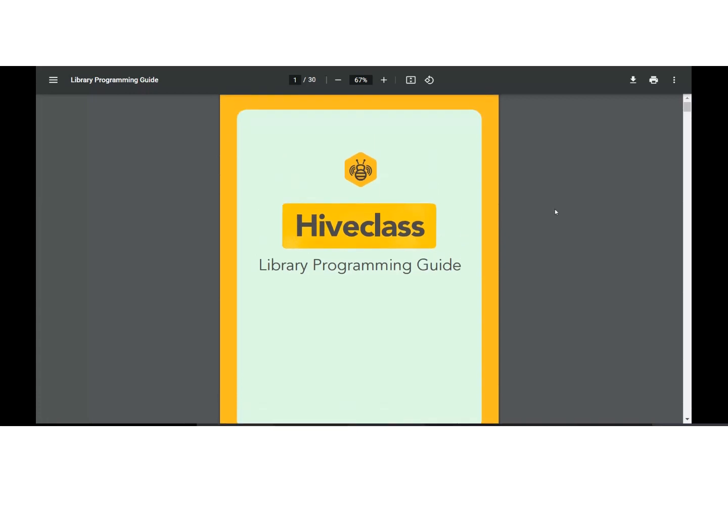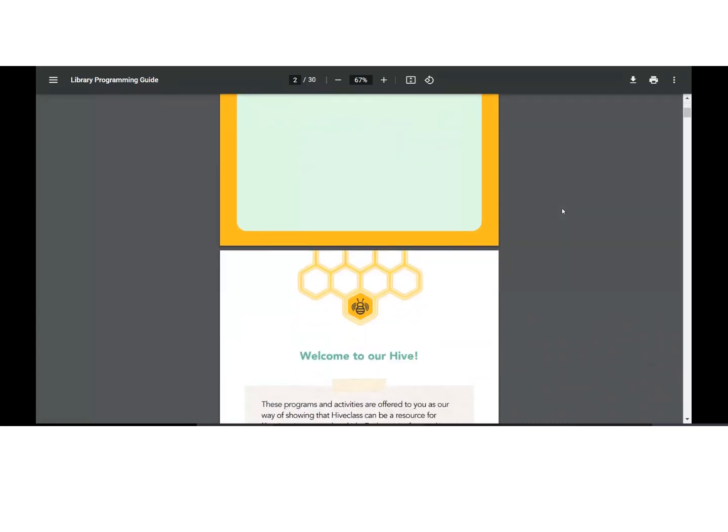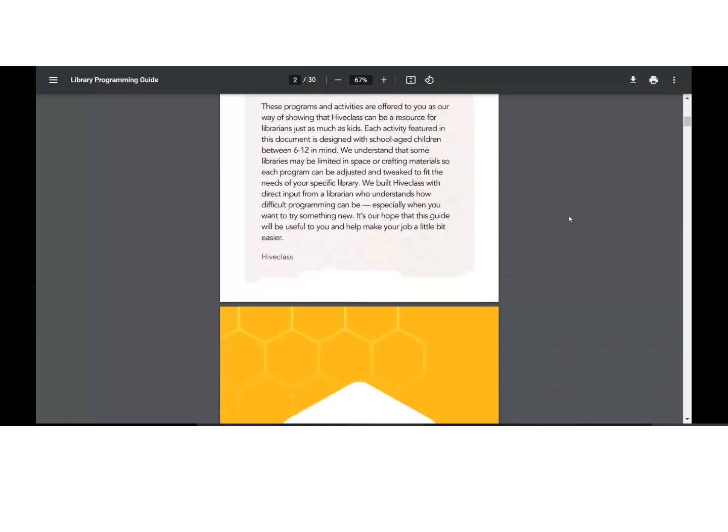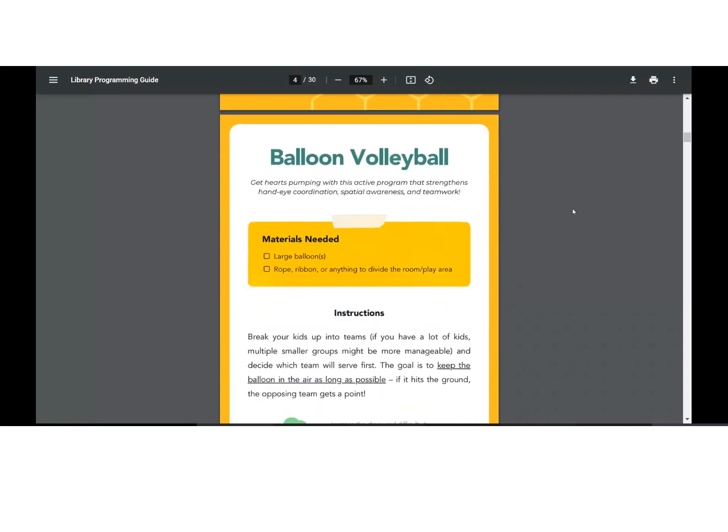So I've got these guides. This is the one that is geared for youth services. For me personally, I tended in a library to work mostly with middle grade kids, so that 7 to 9-year-old age range. Those are the kids that are in mind for most of these activities, but it could be very easily adapted to older or younger. It's broken up into active programs, and these are things designed to get kids moving in a library space rather than feeling the need to go to a park or the playground or their backyard or some other community space. It's really encouraging them to come to the library itself.